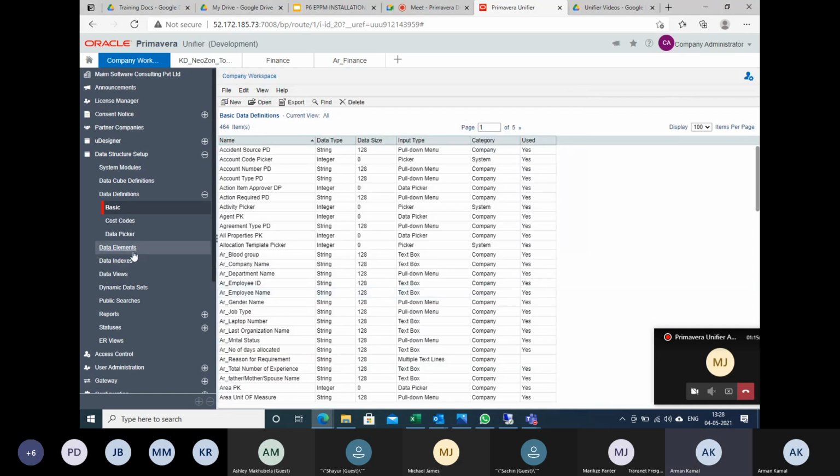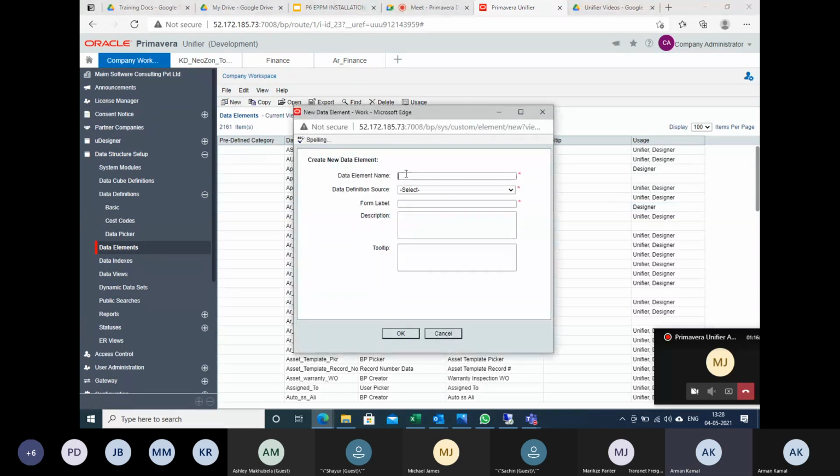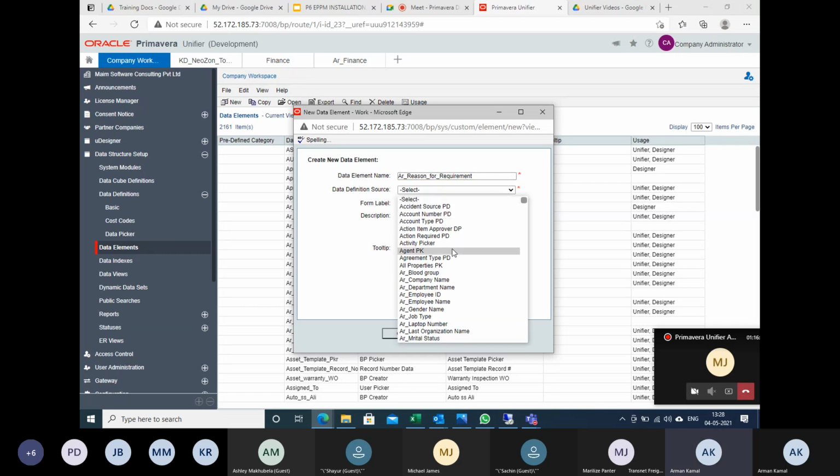I will click this. Now I'll go to the data element. I'll put reason for requirement. I need to make it underscore because it doesn't accept space. Reason for requirement.